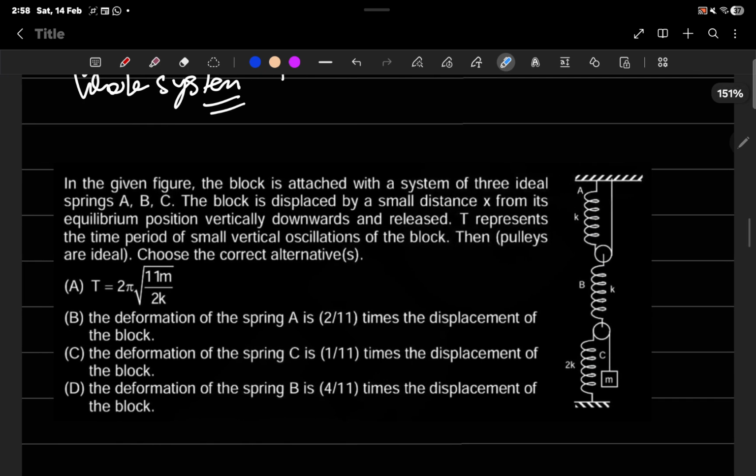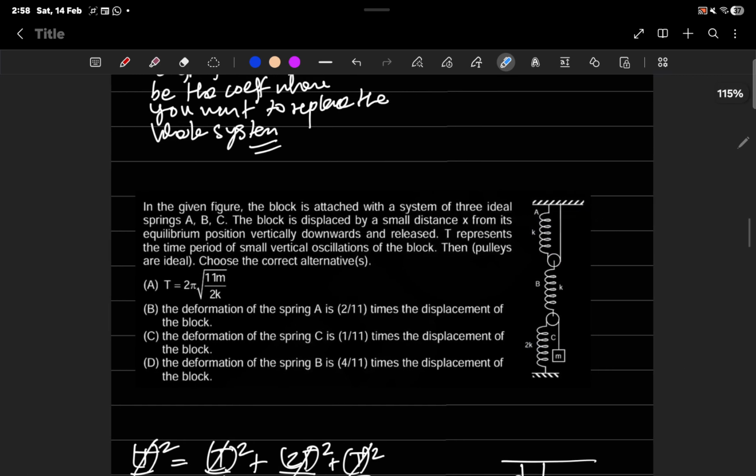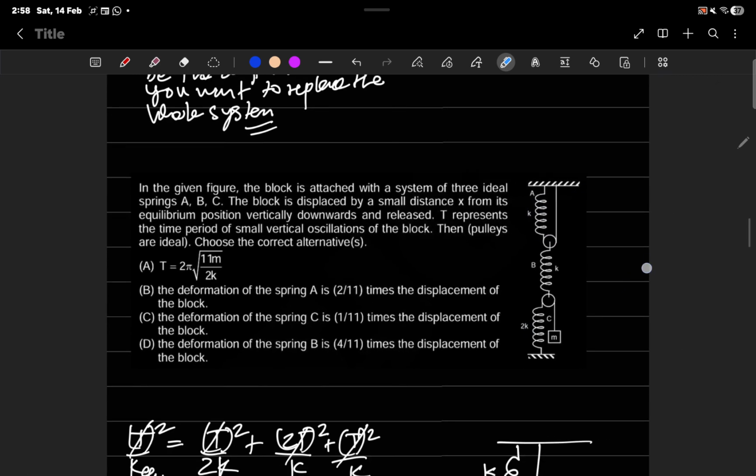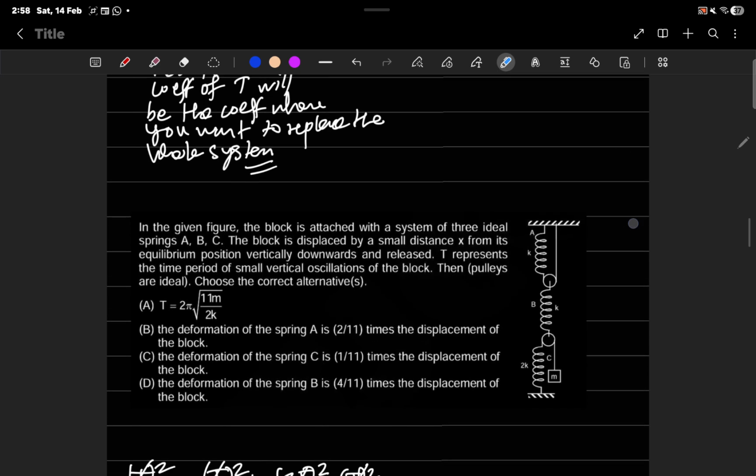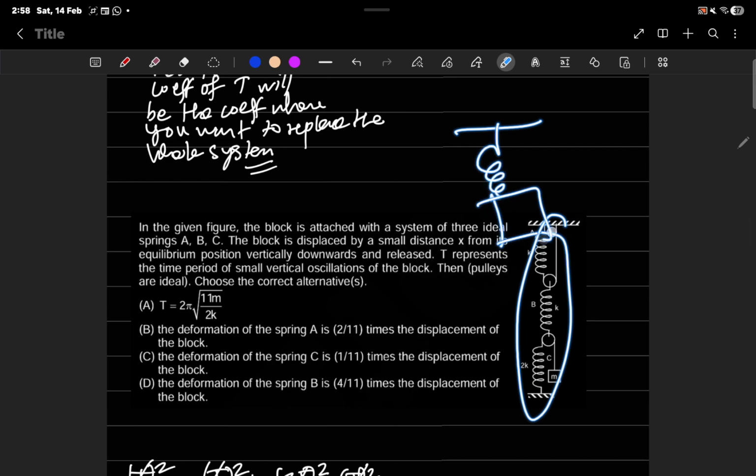So this is basically a typically lengthy problem where you assume extension x over here, then since this is connected to the same thing, this would be x, and then this would be x by 2 because the tension is doubled, and then you just write the extensions and then calculate the forces and the standard method. But this concept of equivalent springs will basically absolutely destroy this problem and convert it to this,